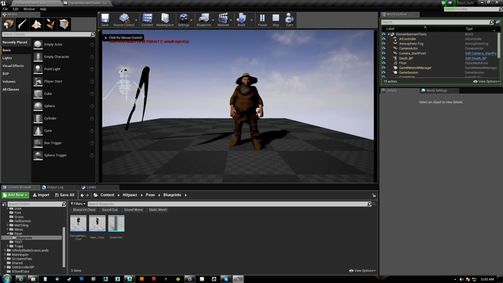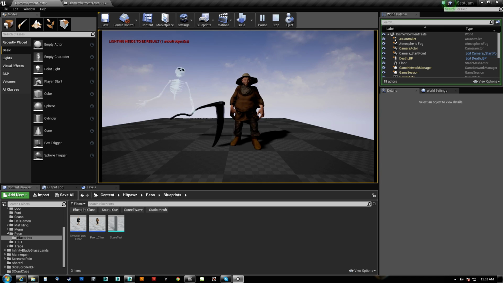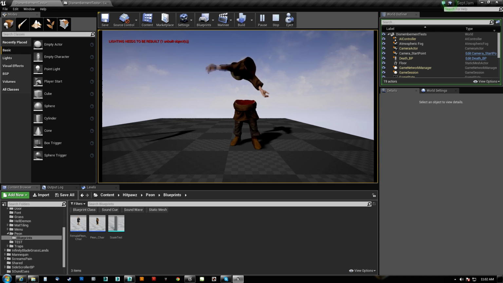Just thought was fun and funny enough to show everybody, and I'll show you guys how I did it really quick. So if you see here, I have this pissant standing in front of us, and I also have a death character here. Death is actually not part of this, so let's move him off the screen. What happens here is when I hit the B key,